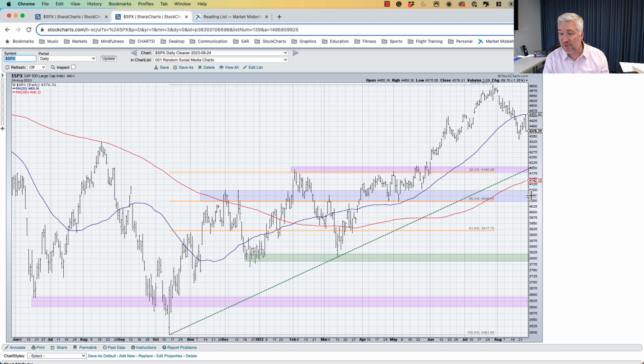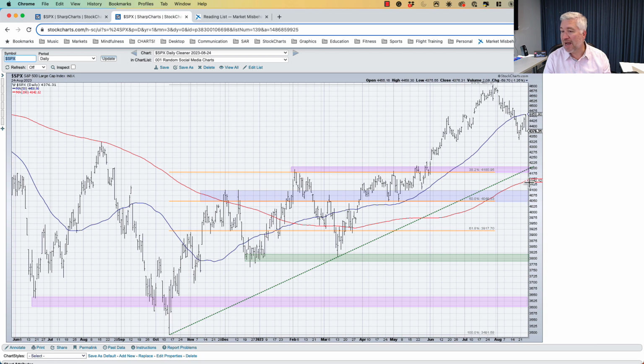Now, if we get a little bit further, that would get us down to this other blue shaded area, which would be around 4,050 to 4,100. That would represent a 50% retracement. Basically, we're taking half of the rally from October of last year to July of this year. About half the way down would be right around 4,050. So that 4,050 to 4,100 level has served as resistance and support many times. Look at how many times the price is in this area, reverses around there, finds support, finds resistance. So it's pretty reasonable that you would expect further support if the price gets there.